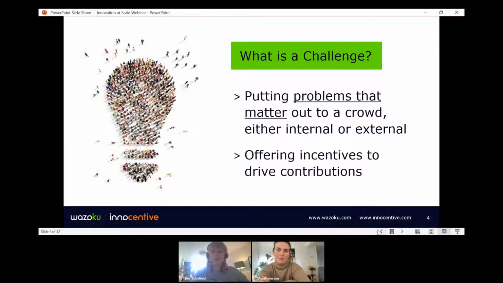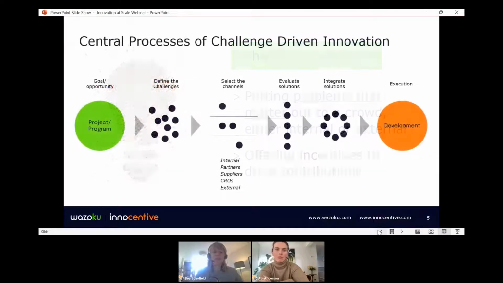Depending on the type of community that you're looking to innovate with will determine the incentive structure. So, of course, if it's an external crowd, you might be doing more of an IP transfer, then, of course, there's a monetary reward associated to that. But often within organizations, we're seeing that it's not about financial reward, it's more around recognition, giving people the skills to be able to take an idea and develop that through to a point where the organization can do it. So both benefiting and recognizing employees as part of that, equipping them with skills, as well as being able to buy in solutions that already exist to organizations' problems.